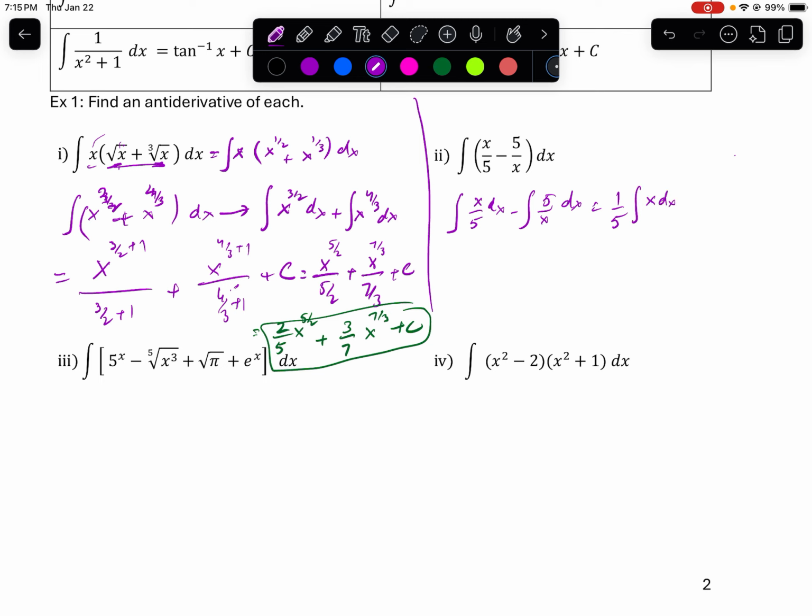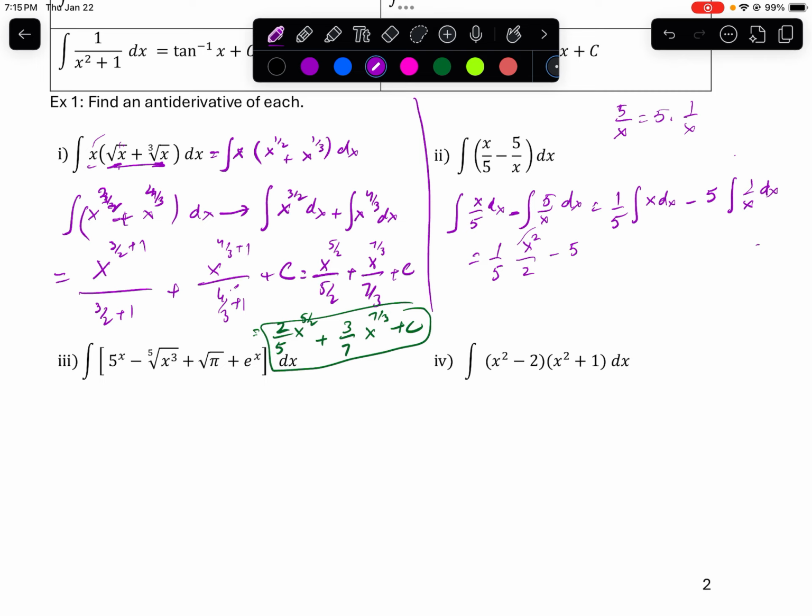And in the second one, the constant is 5, so 5 integral 1 over x dx. I hope you understand that 5 over x is the same thing as 5 times 1 over x. So now the integral of the first term is x square over 2, minus 5 times